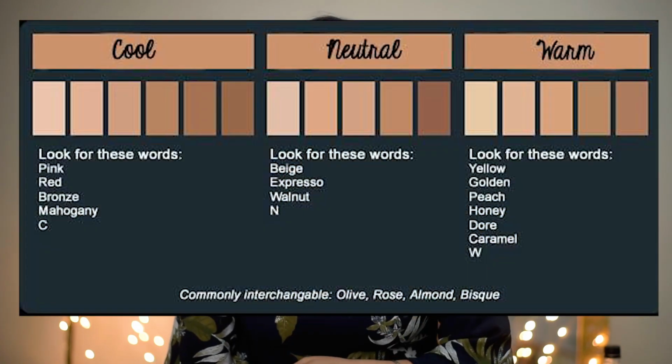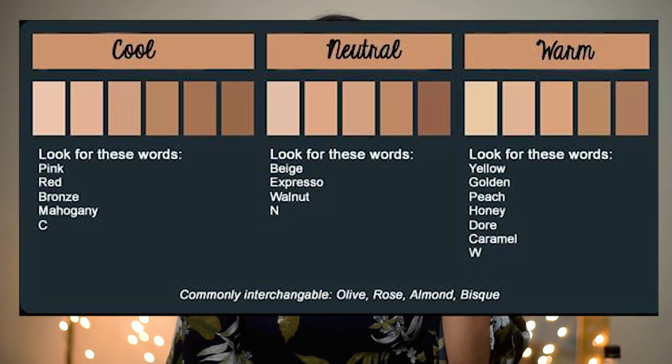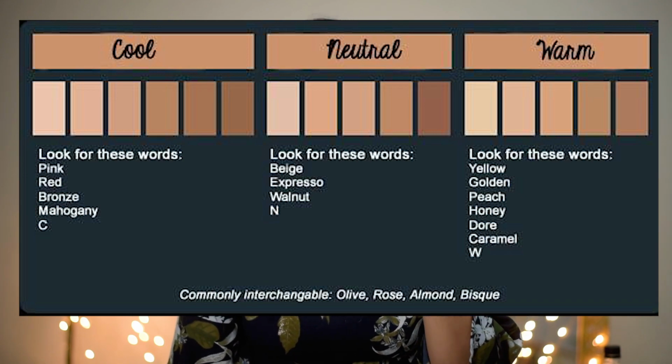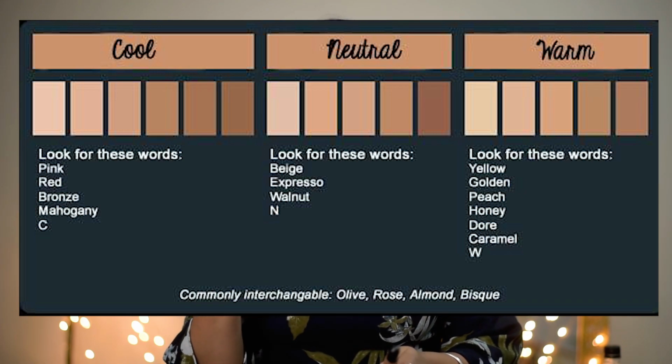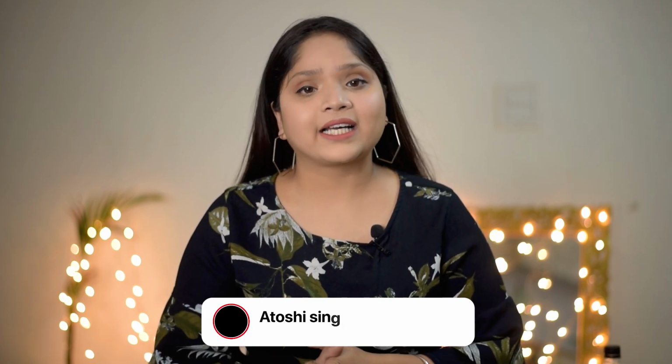See, once you know what undertone you are in, you can easily pick the matching concealer or foundation. Suppose you are in warm tones, so now look for concealers of warm undertones and pick a shade similar to your skin tone, to your complexion, like medium or fair or too dark. This you have to test, and trust me, you will never go wrong with your foundation or concealer shade if you know your undertone correctly.